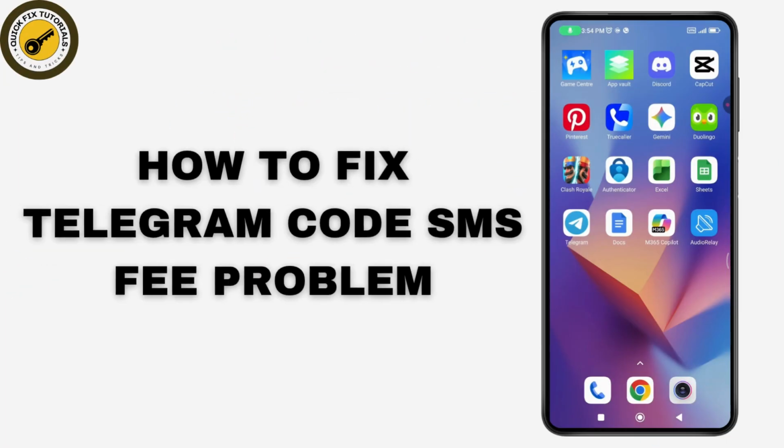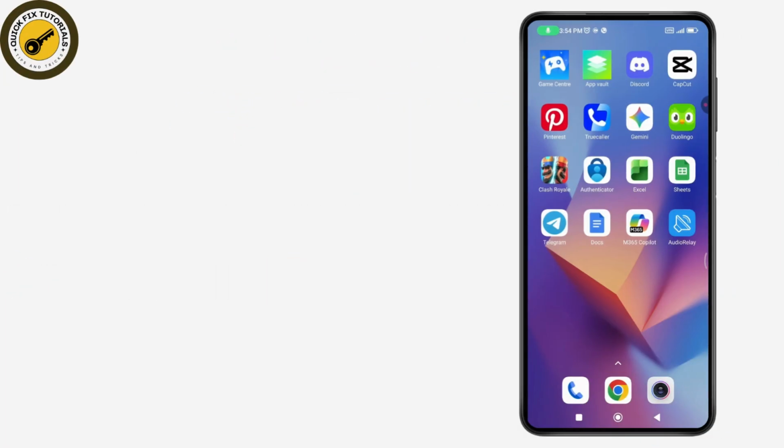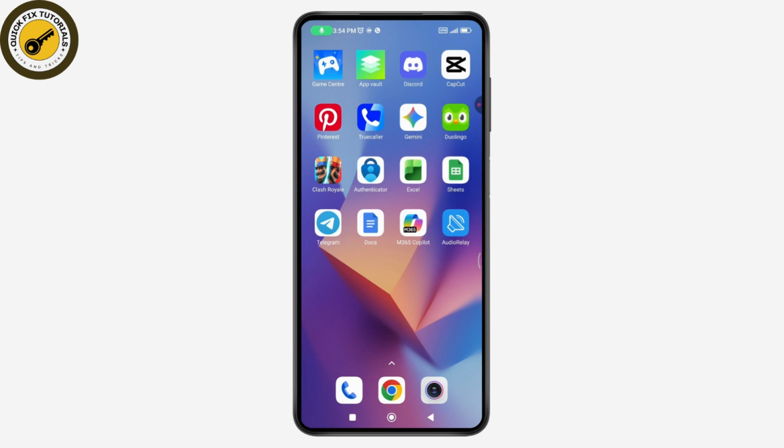How to fix Telegram code SMS fee problem. So if you want to fix your Telegram code SMS fee problem, then what you need to do is first,